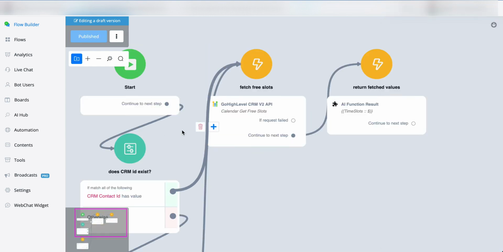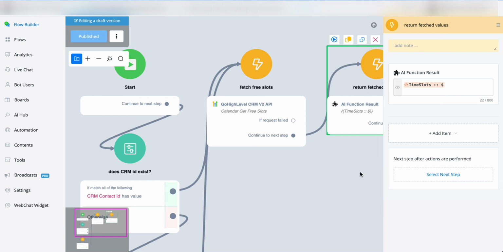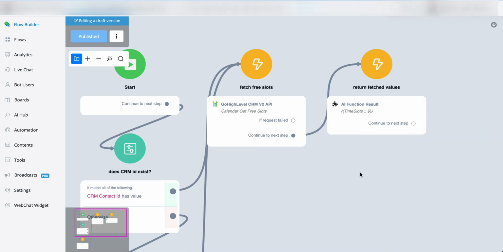You can then return the fetched values from this node back towards the AI agent to continue the conversation. This allows you to fetch available time slots after capturing all the user details and then returning those available time slots back towards the agent to continue the conversation and display the next step inside the conversation, which will be